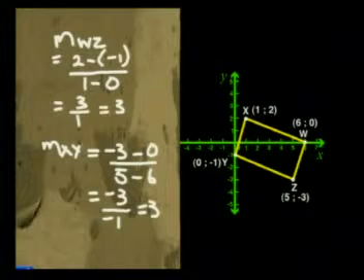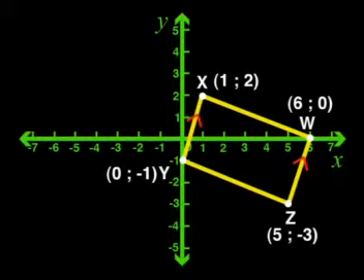So they have the same gradient, so that means that WX is parallel to YZ. I've already worked out the gradients of WZ and XY. Have a look. They both came to 3 over 1, or just 3. So WZ and XY are parallel, and both pairs of opposite sides are parallel, and that means that WXYZ is